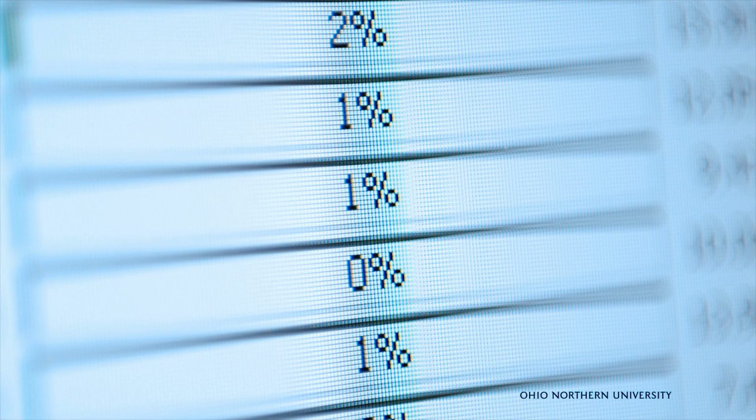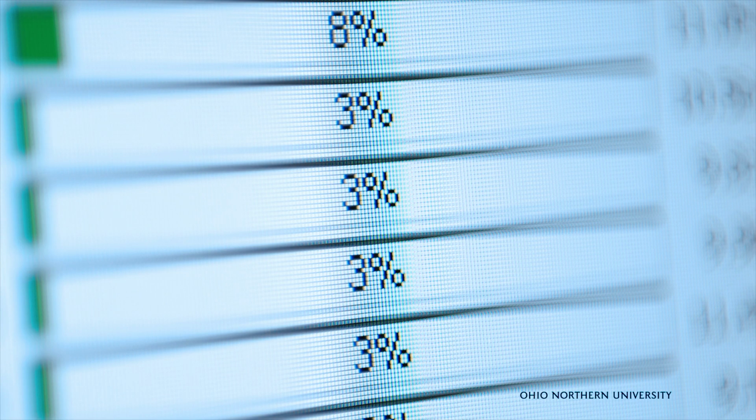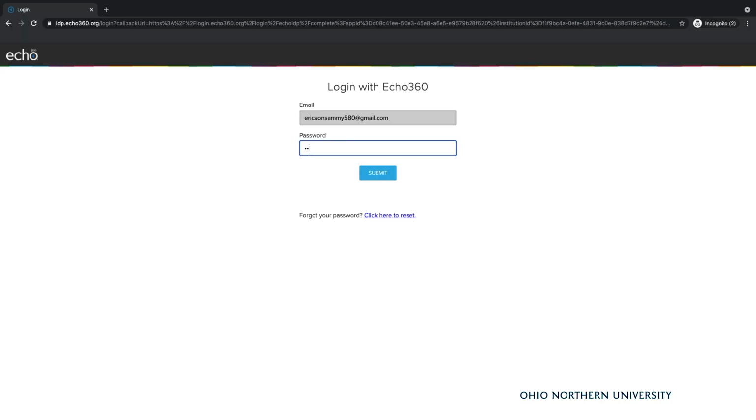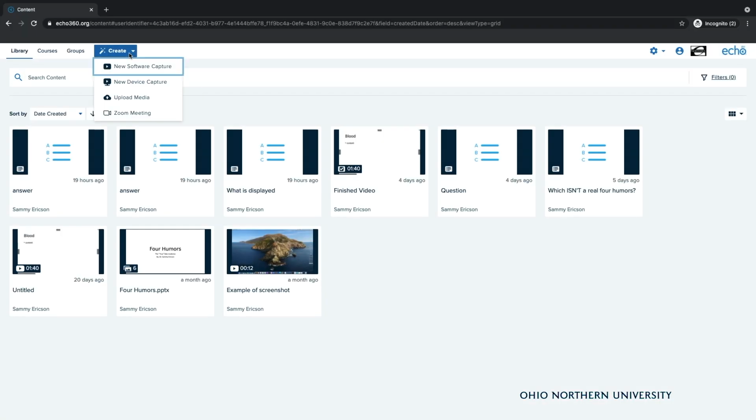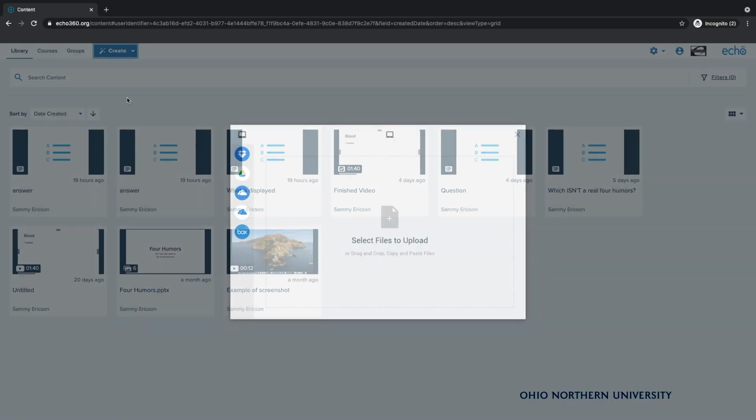If you have already recorded a video on your device without universal capture and would like to make it available for your students to watch, you are able to do so. First, simply log into your account on Echo360, click the blue Create tab, and select Upload Media from the drop-down